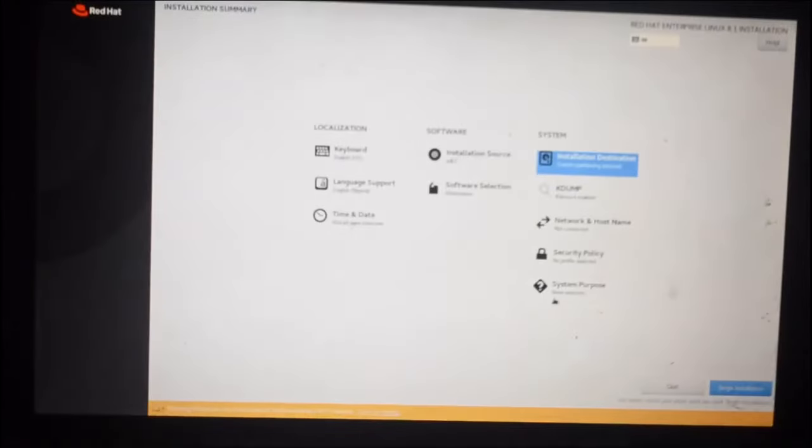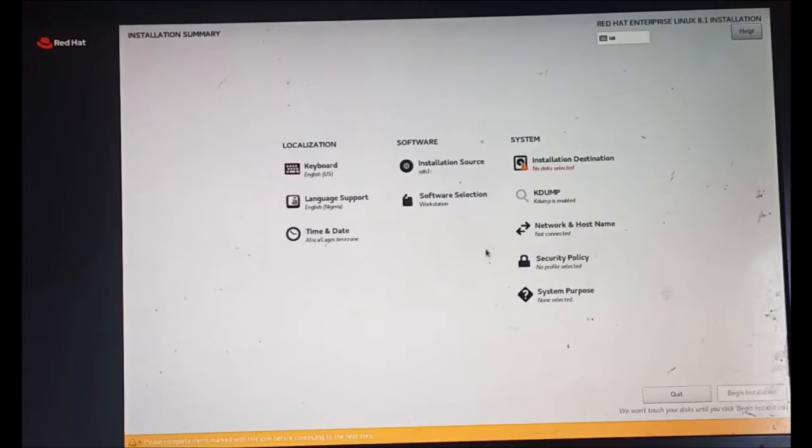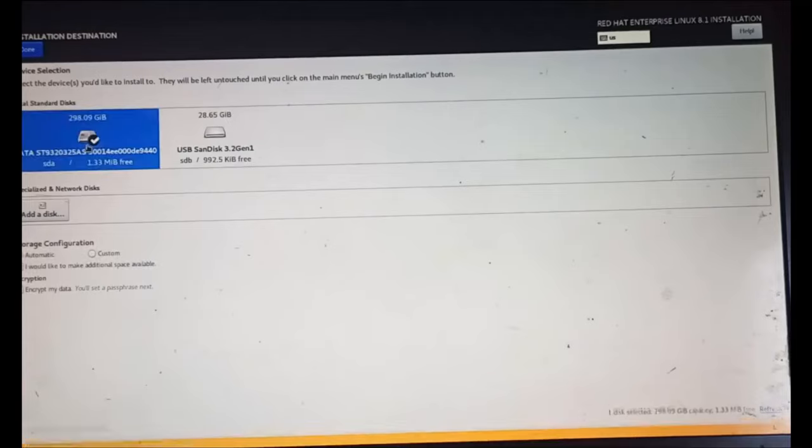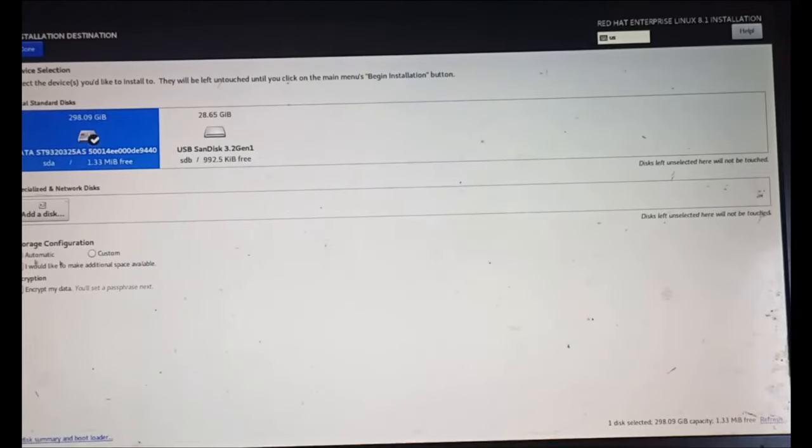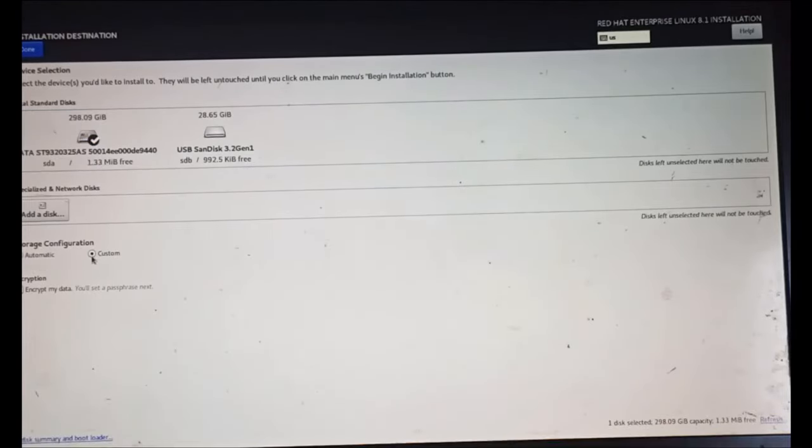Then this gives the summary of the installation process. You can see that of course the existing partition will be deleted, then a new one will be created. The new one is highlighted in green color, while the red one is the one going out, that will be deleted. So with that done, we move to the next thing, but before we do that, let's go over this again. You click on the disk, you click on custom,